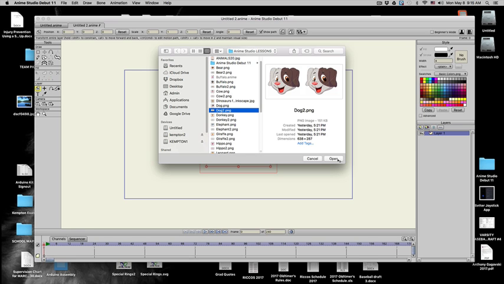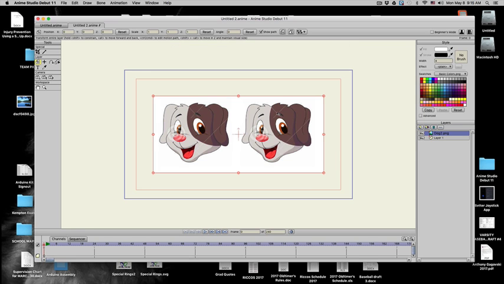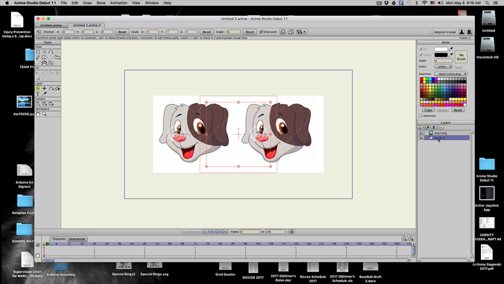Now I've set this up so that I have two copies of the dog's head, and it will become pretty clear why I have two initially. When I opened up this image, it opens up a new layer with that image on that layer. There's already one layer created as the default layer, so in order for me to draw, I need to reorganize these and push my layer 1, which I'm going to click on and rename